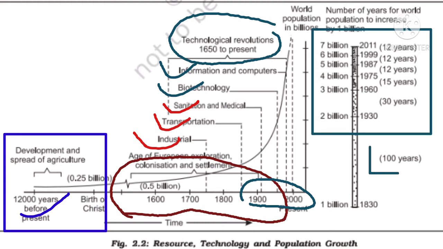From the 17th century there was industrial development, then within the 18th century transportation development, then in the 19th century sanitation and medical development, due to which the population increased. Then in the last 100 years, from the 19th century to the 20th century and till the present 21st century, many other developments came under biotechnology and the technological revolution, which started earlier, from 1650, and is still going on. These were a few reasons due to which the population was totally influenced and is in a drastic mode. Now it is around 7 billion in